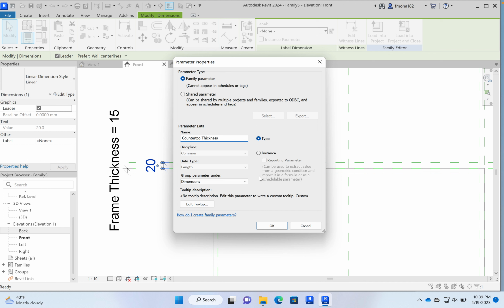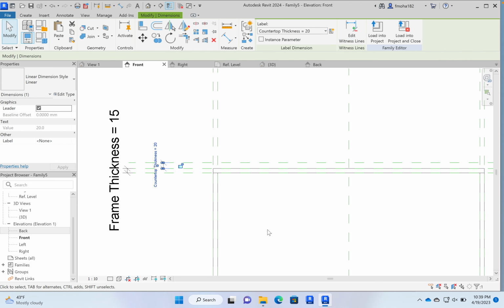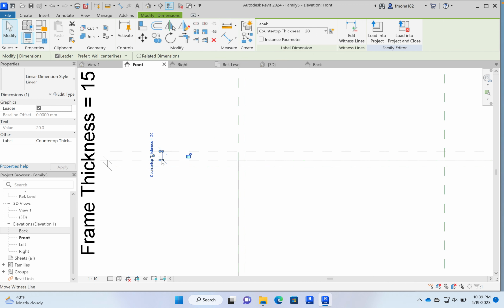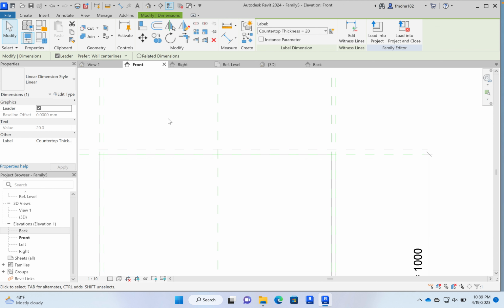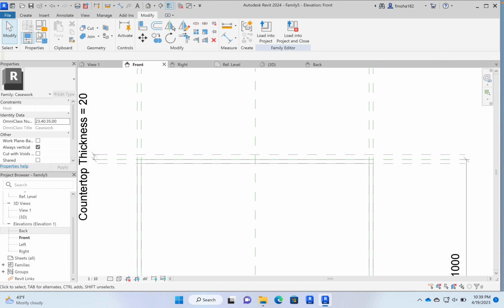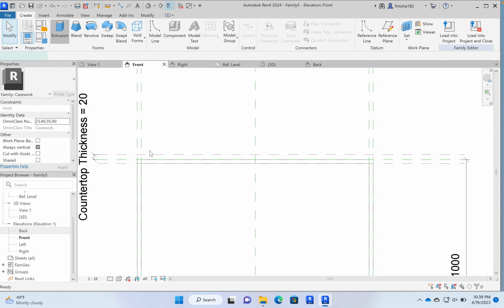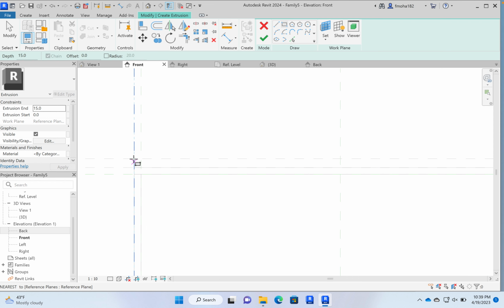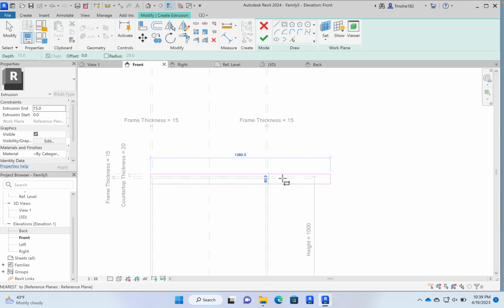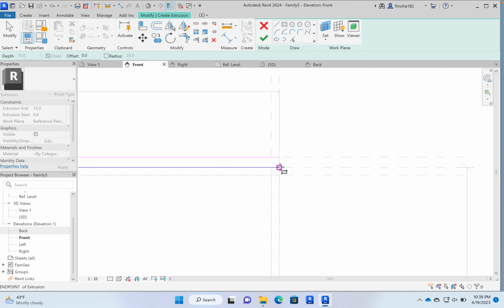We want it to be a dimension, style, and length, and it should be type for now. And we created our countertop thickness. Then we're going to create another extrusion, and then in a different view we're going to change the extrusion start and end to be as uses us. Okay, so we create the countertop